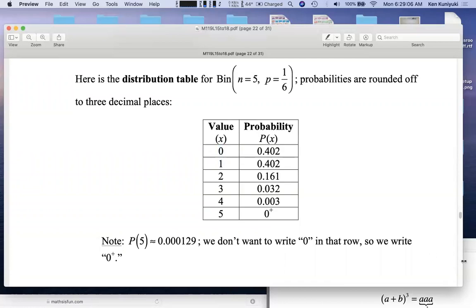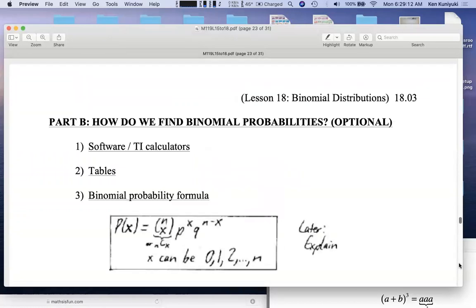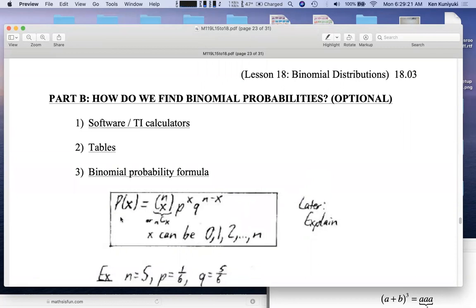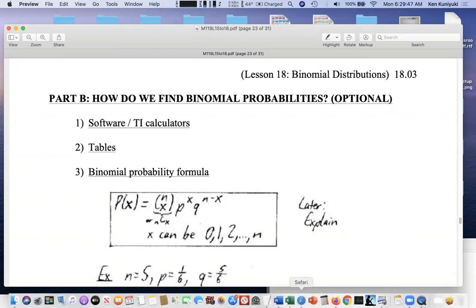But how can we figure out these probabilities? Again, this is optional for the homework and the exam, but it's good to see. All right, well, you could have software or TI graphing calculators. You could have printed tables, or the old school way of doing it, the binomial probability formula. The probability of X successes equals N choose X, or nCx. That's a binomial coefficient. Like 52 choose 5 was the number of 5-card hands you can get from a deck of 52 cards. N choose X is the number of ways that a student can get X questions correct out of N questions. So for example,